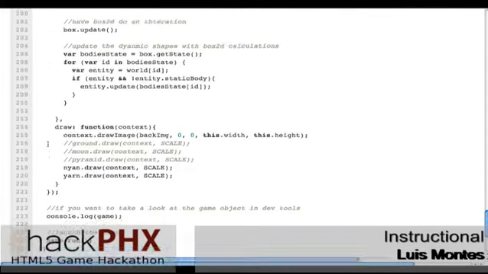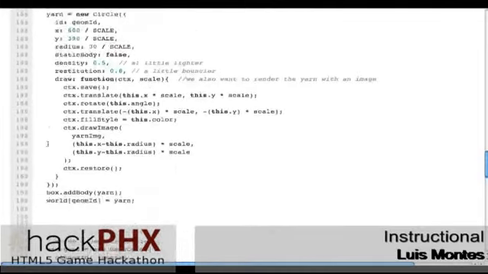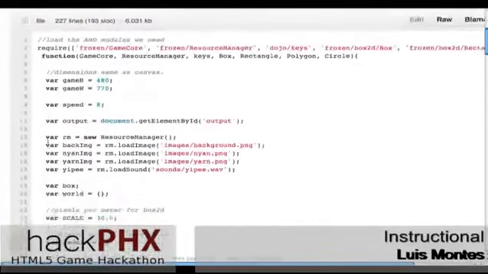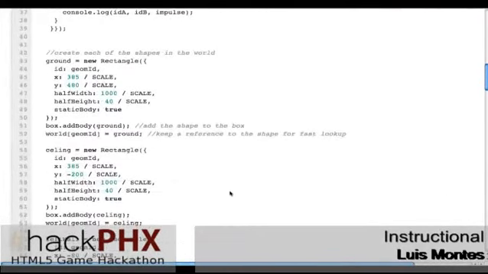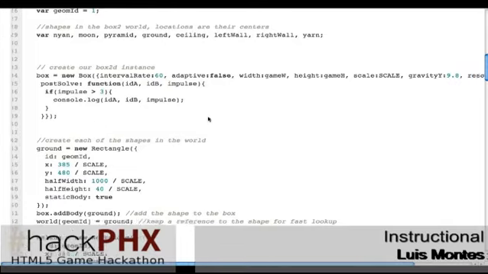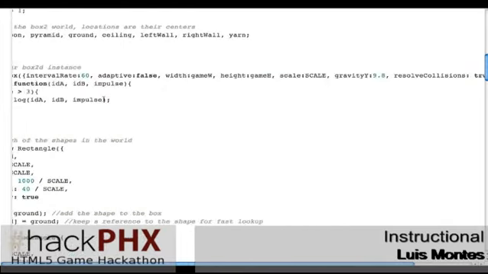Okay, this example is a little more complicated, but what looks complicated is just that there's a lot of code. I'm just creating each one of these shapes. I'm creating a box using my engine and adding some things to it. Also, I'm keeping a reference to those things that I'm adding just for efficiency, but if anybody wants to see any of this code or has any questions, like I said, we're all here all day.